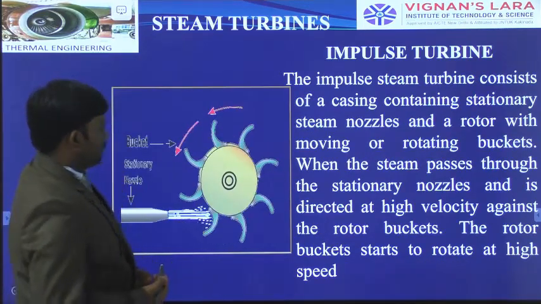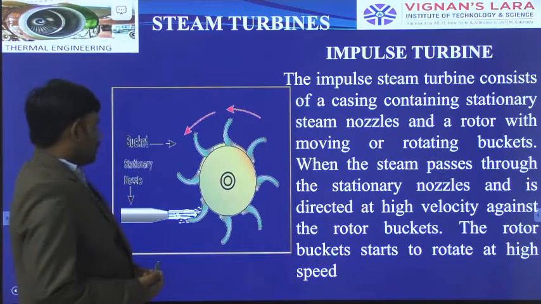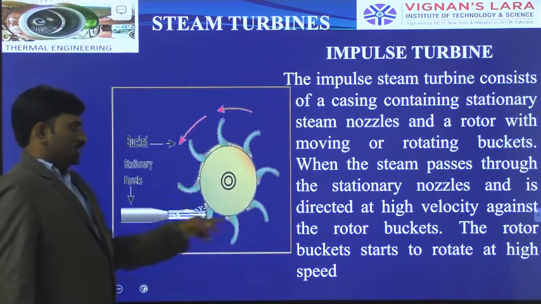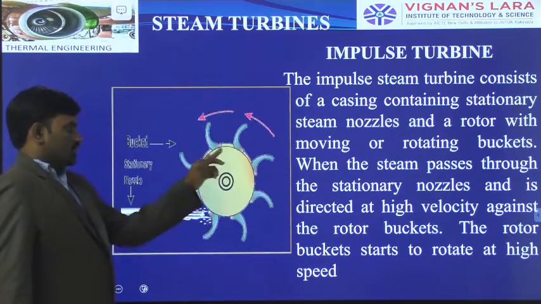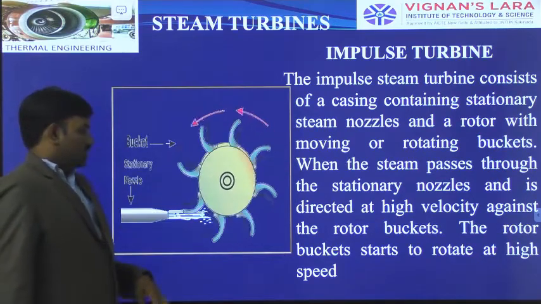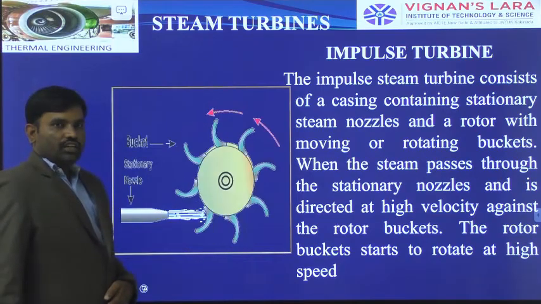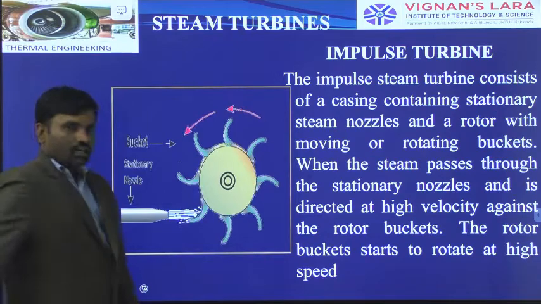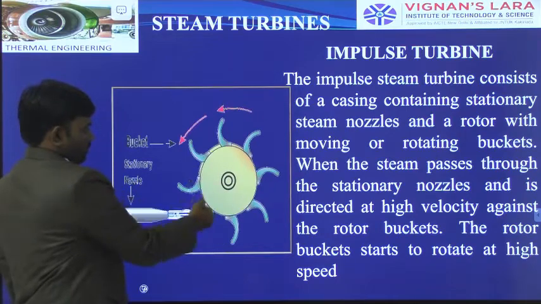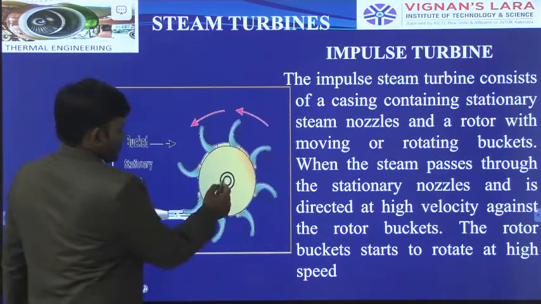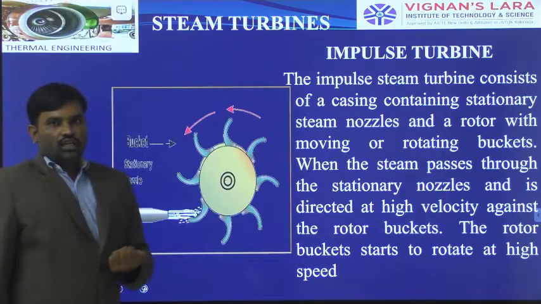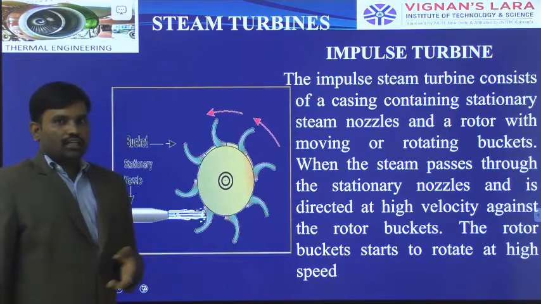So you see the impulse turbine working. High velocity steam from the nozzle strikes the buckets of the rotating wheel. This is the rotating wheel, and around its circumference we are arranging the bucket shaped blades. The steam strikes the buckets, and during the striking, higher kinetic energy acts on these bucket shaped blades. Then from this shaft we are getting the work output. That work output we are giving to the electrical generator.